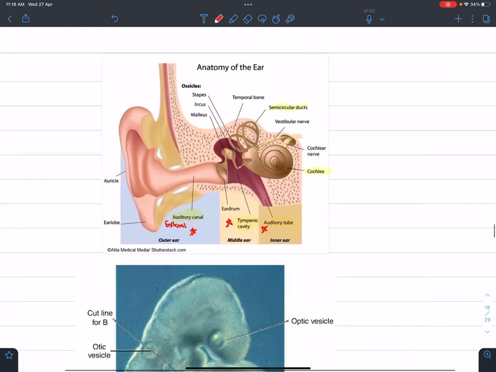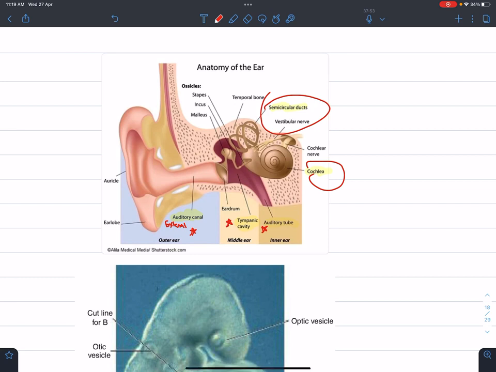So before we start, I just want to remind you that the ear consists of the external, middle, and inner ear. All right, the external ear is composed of the external auditory meatus. Meatus means canal. Then the middle ear is the tympanic cavity, continuous with the auditory tube. And the inner ear consists of many things, including the cochlea and